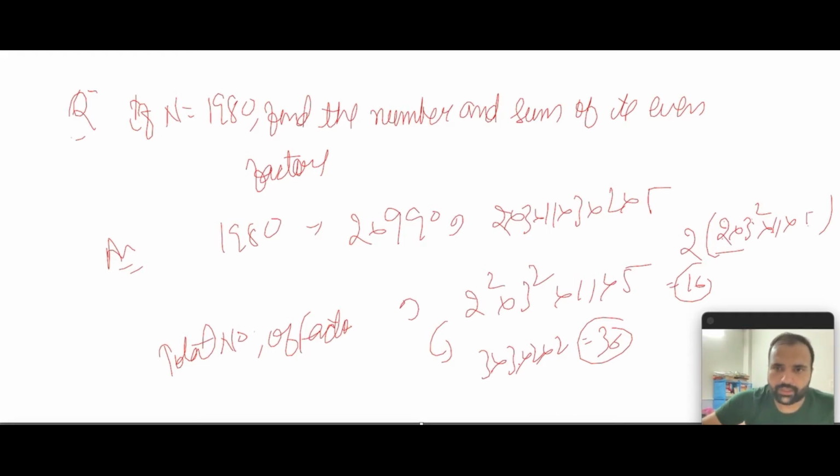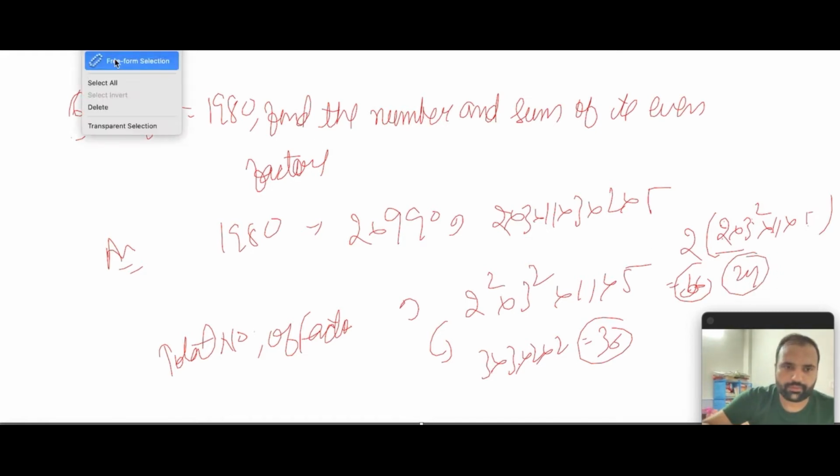Okay, so we can go about finding the sum as well. So it should be 24, I believe. 3, 2, 2, 2, so it should be 24. So 24 is the number of